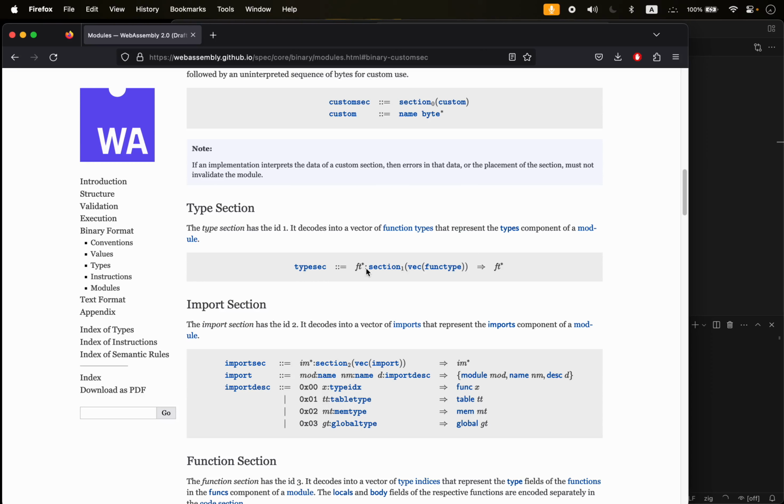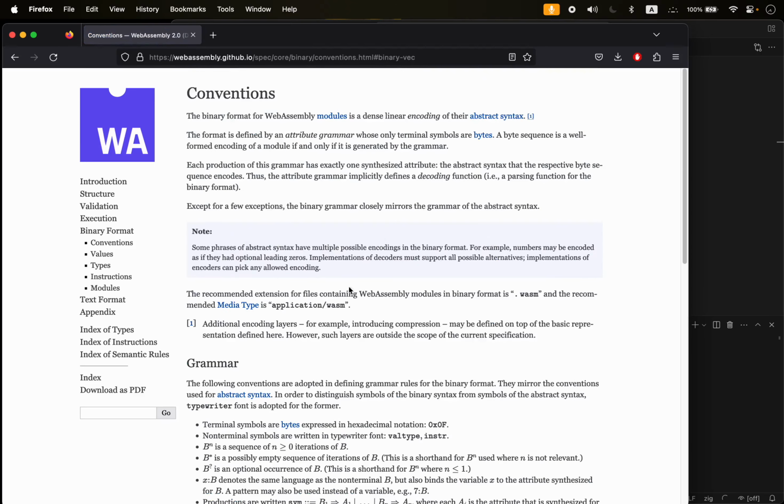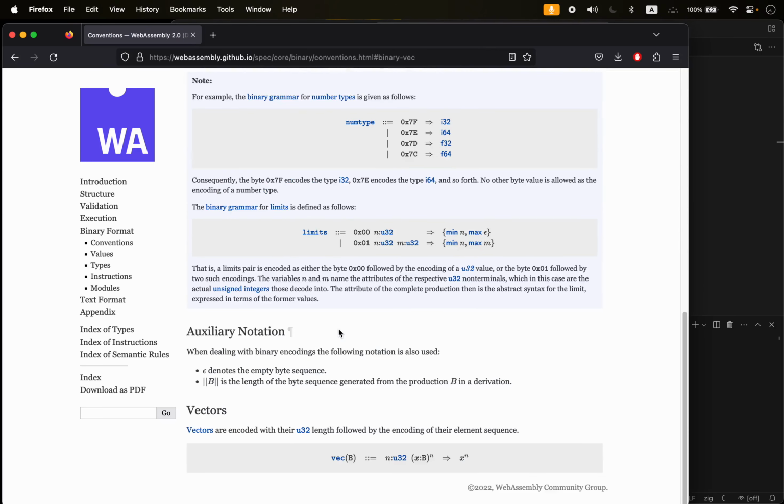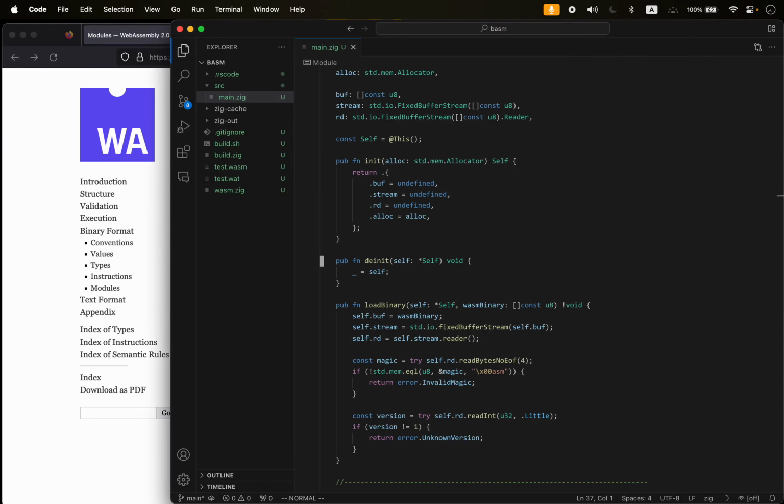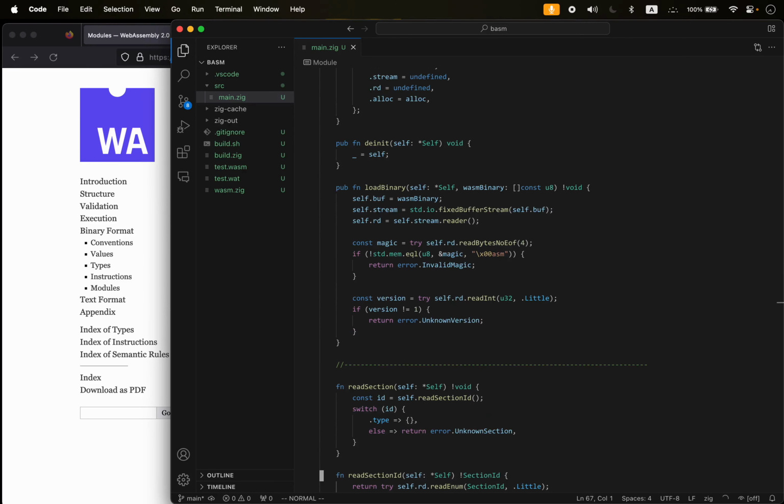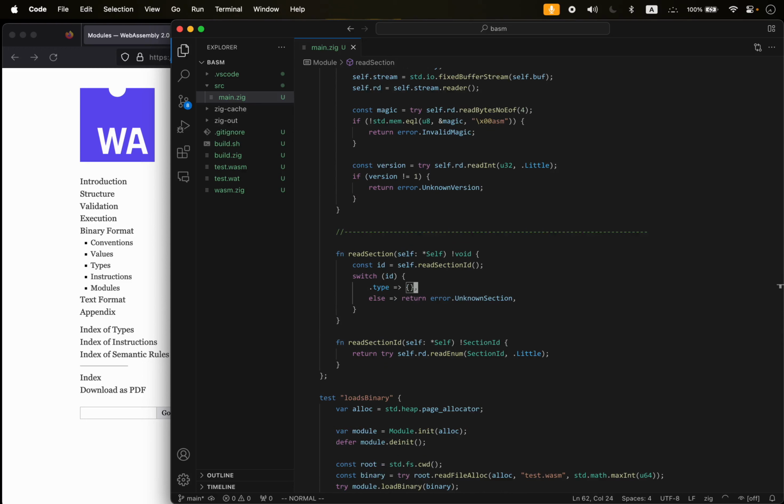This is their notation for how they describe what this sort of thing produces. So it is a section of this index that includes a vector of function types, and it returns 0 or more function types. So a vector, I think, is just a U32 length followed by the encoding of their element sequence. So we need a read vector, but that might be too generic, and I don't want to start making generic functions. So what we're going to do instead is return try,